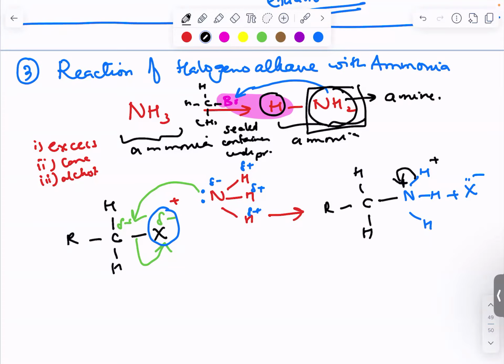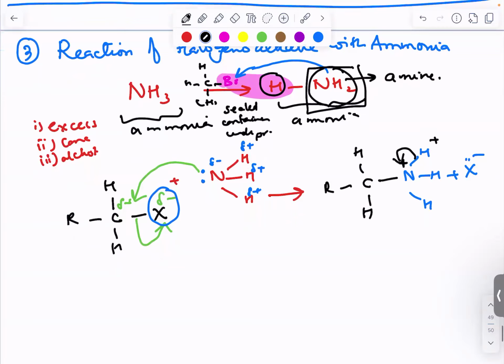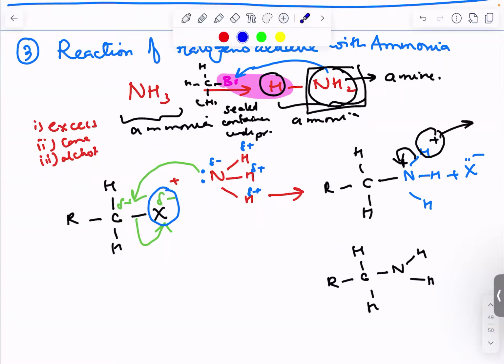And what is going to happen? We are going to get RCH2, then N, then H, and then H. Now this is given out as H positive. So what is left, beta? NH2 is left. That's what I was telling you continuously, that no matter what you do, you are going to get NH2. All right, NH2 plus X negative. However,